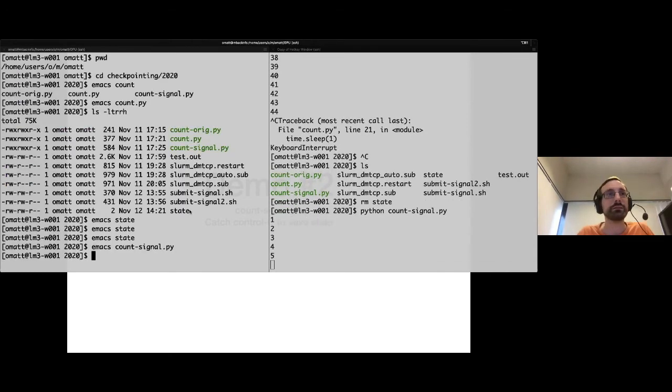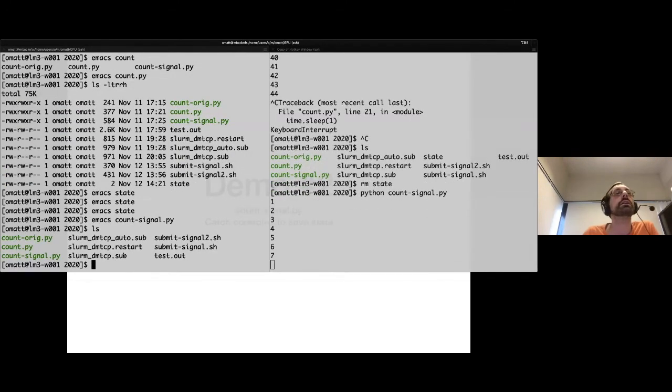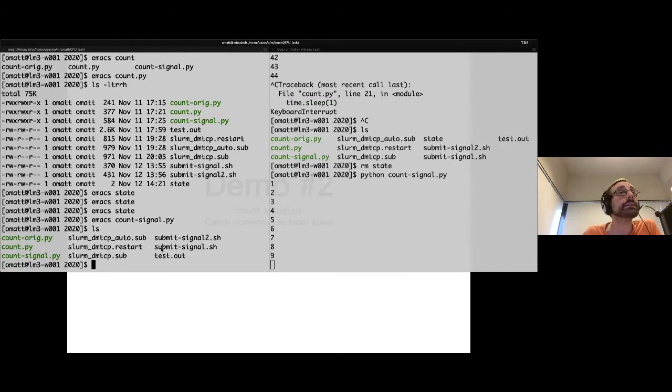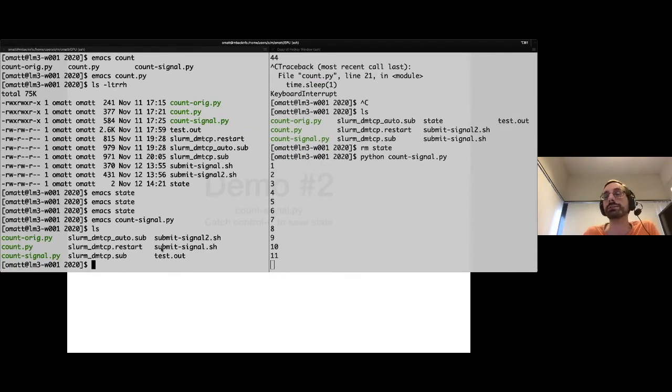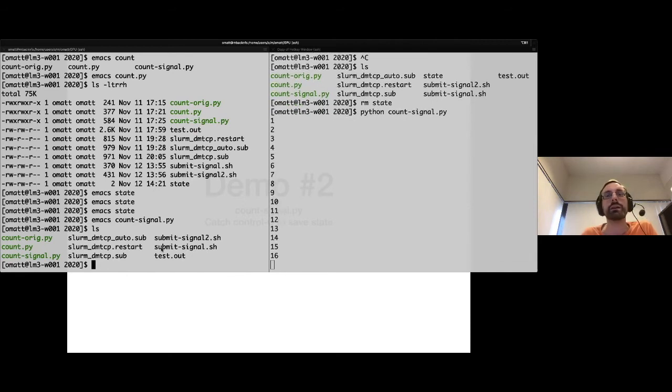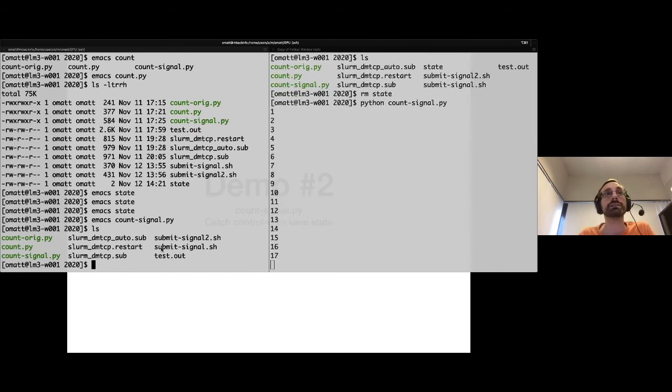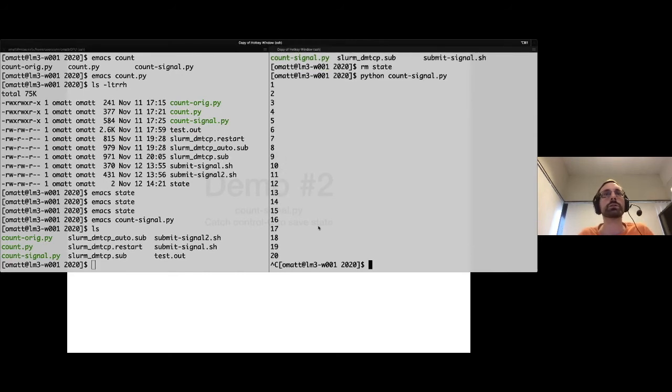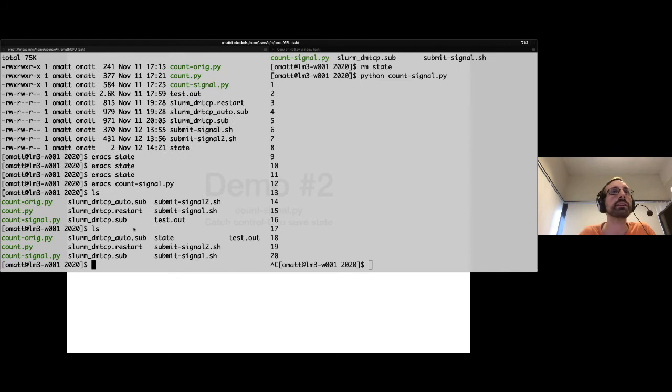And now, as you can see, the state file is not created anymore. It's not as before, where every second that file was overwritten. Now it's not there. And if I do Control-C, that's exactly at that time that it is going to happen. So now if I do ls, you see that the state file appears exactly when I do Control-C.